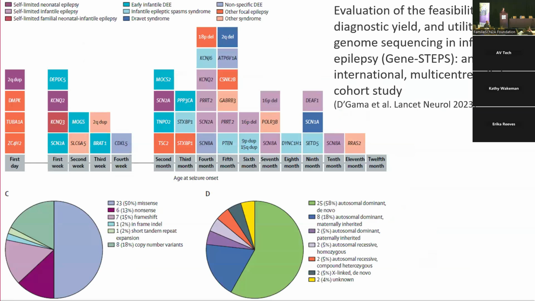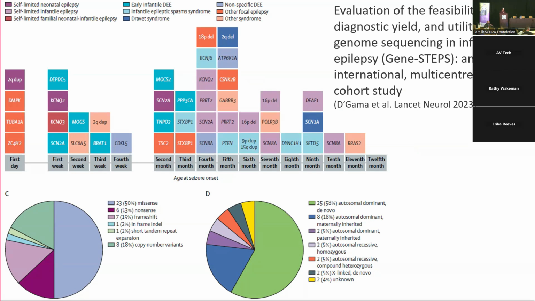So this is a little bit of data from a study called GeneSTEPS, which Boston Children's Hospital, where I'm from, I'm part of our epilepsy genetics program, is part of, and it's an international study with 3 sites. And what it's doing is rapid genome sequencing for infants with new onset epilepsy. So within 7 days, we have genome sequencing, which does a spell check as well as looking for structural variants like deletions, duplications, or other complex structural changes. And so this is some of the early data that my team, I was part of this, but not leading this in any way, put together.